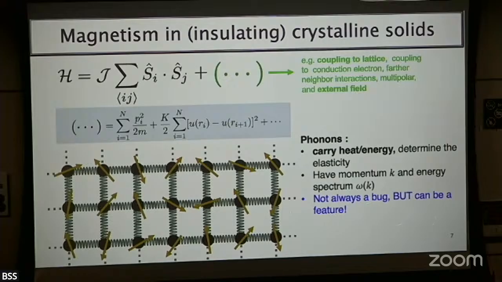So I really want to emphasize that phonon is not always a bug, but actually a feature. All the experimentalists, for example, yearning for the smoking gun experiment for checking the quantum spin liquid, we do all kinds of poking the sample with neutrons, light and everything. But in the end, phonon is the one right next to spin. So why not try to figure out a way to get a phonon where any exotic spin excitation is ingrained onto it, right? So that's the motivation here for why we study the magnetic insulators, okay?